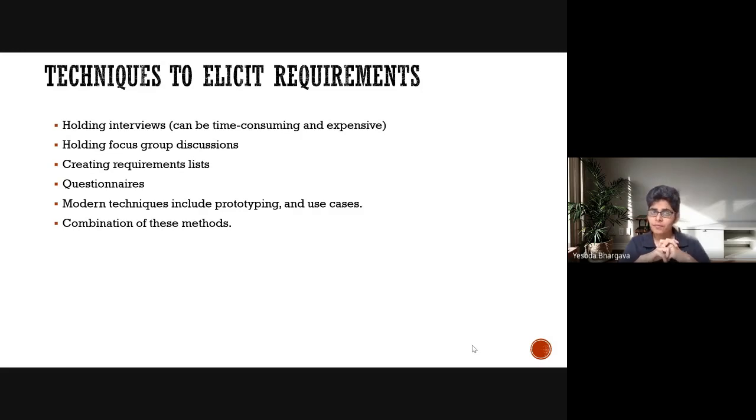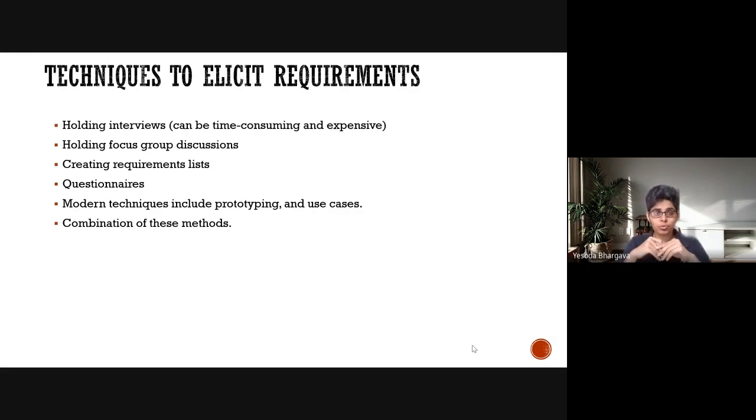And then you can have FGDs, which are focus group discussions. That is also a method in which you are not holding one interview for a person. For example, you are trying to release a gaming app for 18 plus children, and you gather a sample of, let's say, 30 children in your locality, 18 plus and less than 23 years, and you talk to them in an informal manner. So that's the focus group discussion, in which you are gathering a large amount of information while talking directly to a group, which is different from holding an interview.